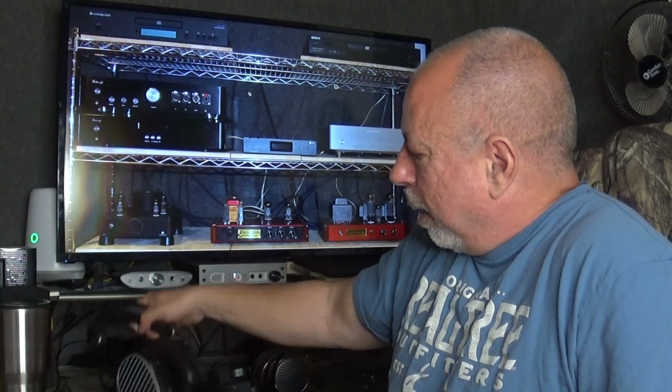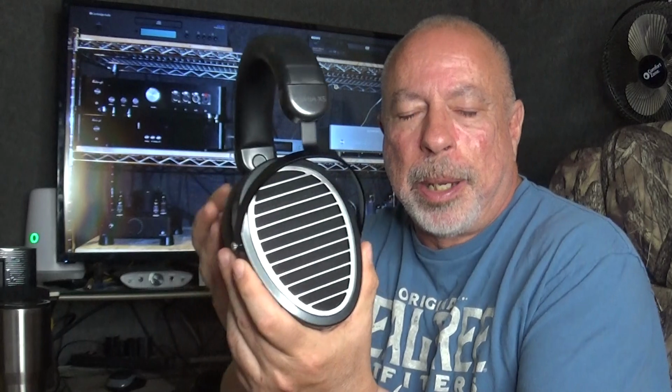Soundstage, both headphones have a pretty good soundstage. They both have pretty good width, not exceptional, they're both average. Neither one has exceptional depth. I'd actually say probably the Apos has a little bit more depth to the soundstage, just slightly more, but the Hi-Fi Man has a little more height,